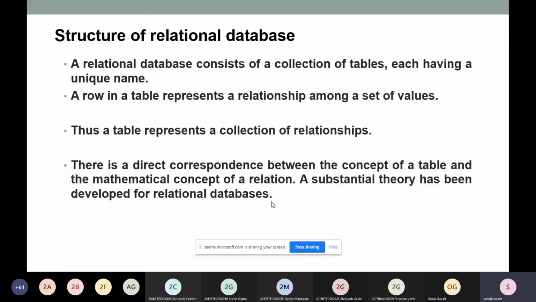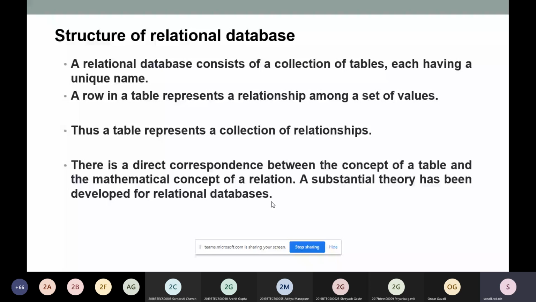This theory assists in the design of relational databases and efficient processing of user requests for information from the database. So a relational database consists of a collection of tables, and each one has a unique name. A row in a table represents a relationship among a set of values.